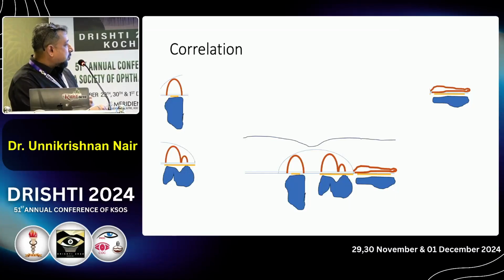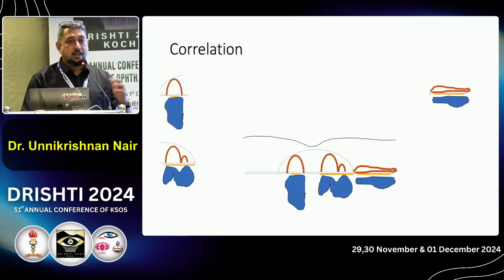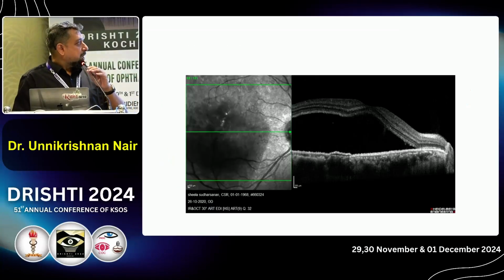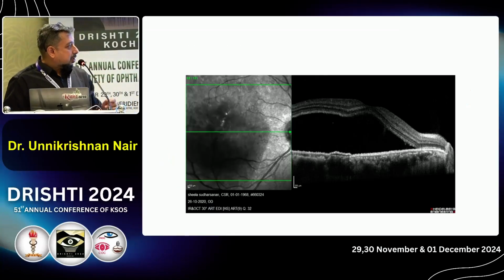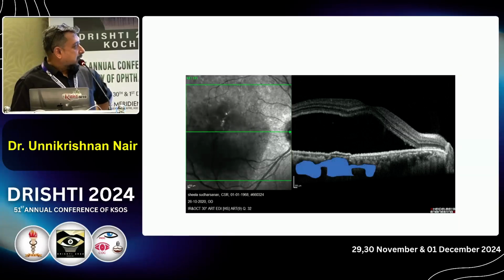When the PEDs become multiple, you had a longer change, and you had larger and longer changes when a larger area of the RPE was involved. So these are some examples. You see a double layer sign, and this would be the area of the